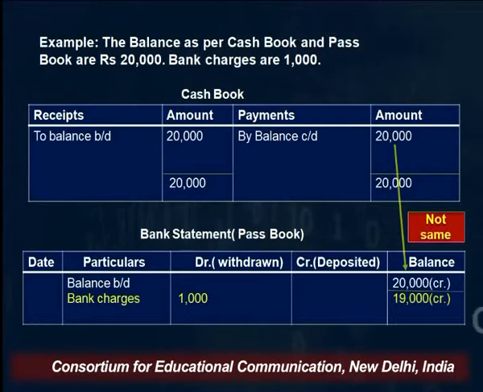Whereas whenever the bank charges some amount, some fees or commission, they debit our account. And the balance of the passbook is depicted here as 19,000. The total balance of the passbook earlier was 20,000, and after deducting rupees 1,000 as bank charges, whenever they deduct some amount, it is shown in the debit column. Whenever they deposit some amount, there is a credit entry that is depicted in the credit column. So the charges of rupees 1,000 are deducted from 20,000, and the balance here is 19,000. Again, the balances of both books vary here.